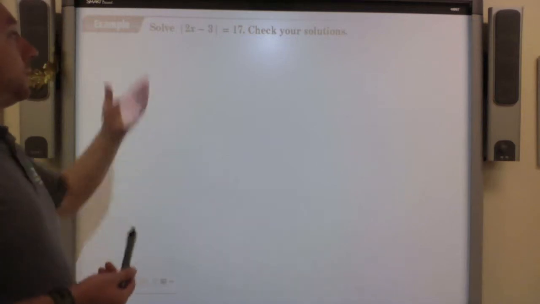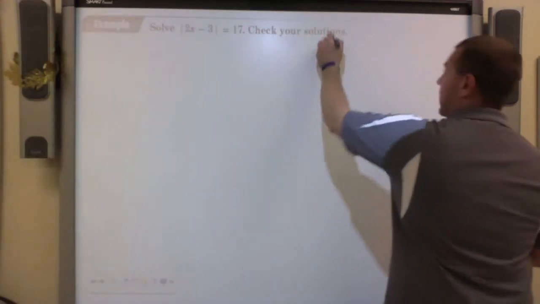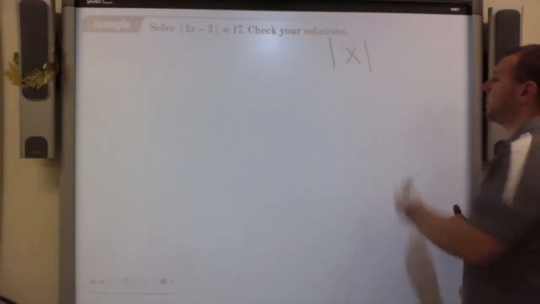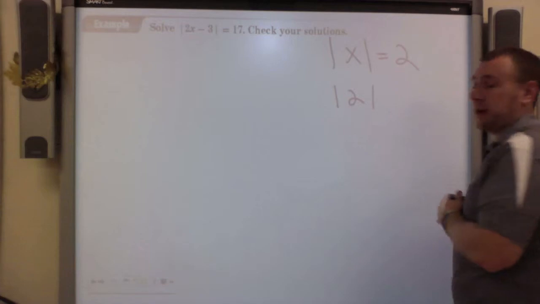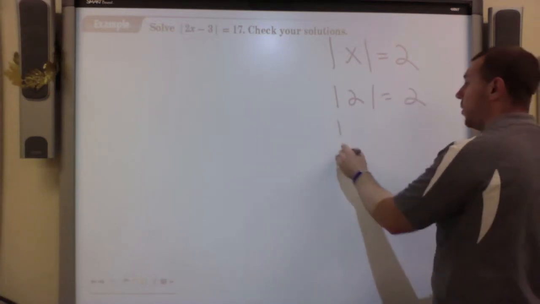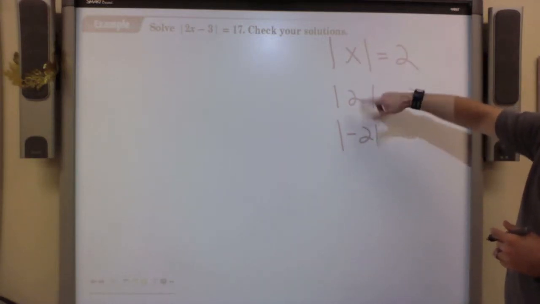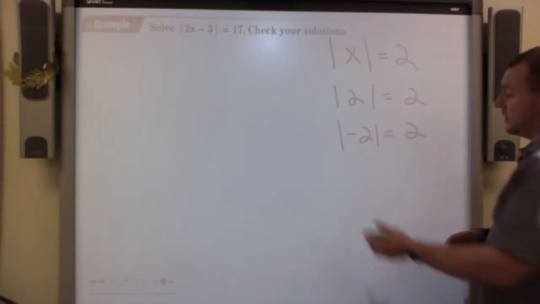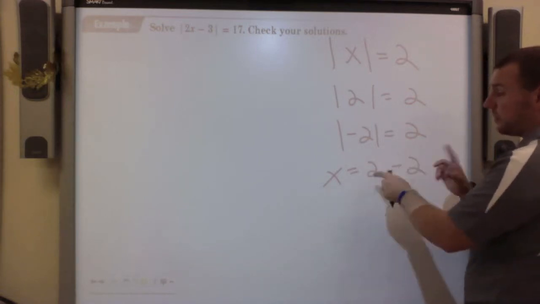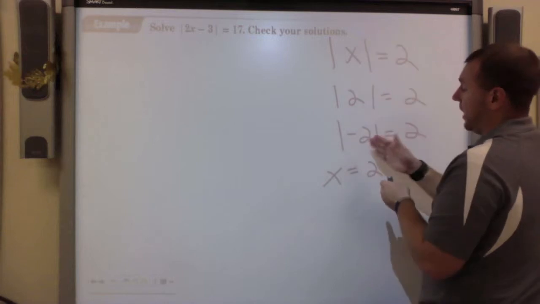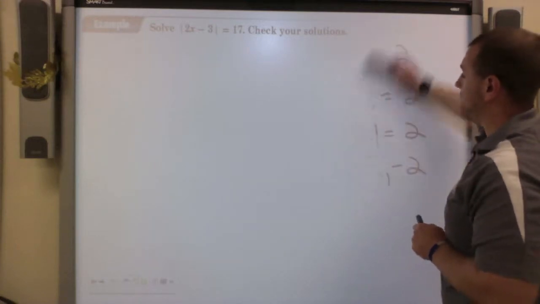The problem comes when we have an equation. Now, let's say there's an absolute value of x, and that's 2. Well, really, I could plug the absolute value of 2 in there. That's 2. Or negative 2. That's also 2. Because either way, x could be one of these values. So x could be 2 or negative 2, depending on if it comes out to be the positive case or the negative case. So for equations like this, we have to consider both of those